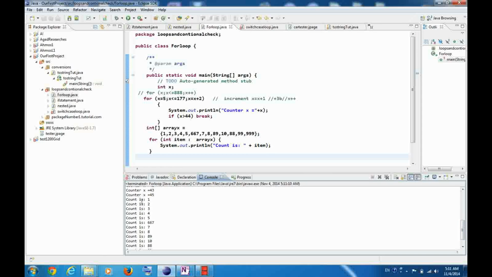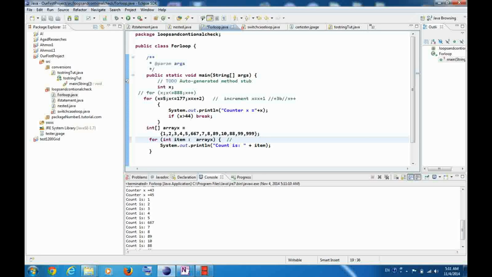The first loop gives the result till 44, and this is the counter, counting from 1 to 999, and these are just elements inside this array. This is an easy way to have a for loop over certain elements. And this is actually a for loop here in this class. It counts the array and makes the increment by 1, and it can be substituted by this,